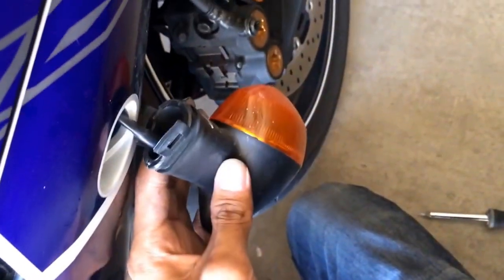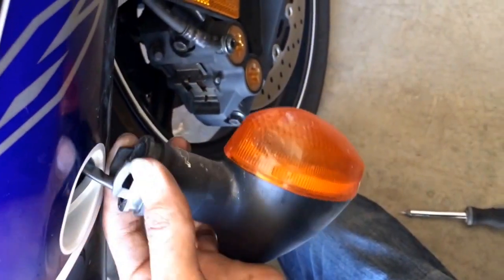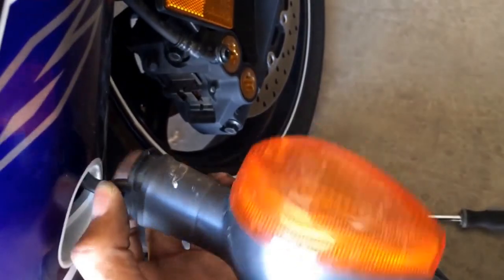Alright, as you can see there, I was able to just kind of pry it off. And then from here, you kind of slide it down, and then you should be able to just, as simple as pull it out, just like that, and now it's done. So you can see these are just rubber. It's nothing too hard. Once you're able to slide that out, you're good to go. And then the connector is actually located pretty high on that one. So I'm going to go ahead and find a way to, yep, just slide your hand in there, pull it back,